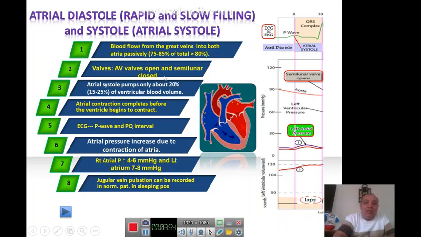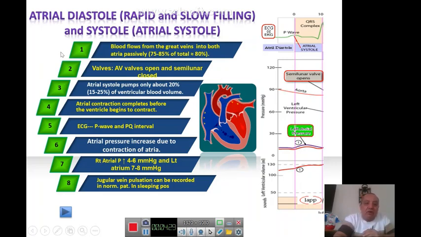So the amount of the blood here in the atrial diastole, which is a part of the cardiac diastole, is around 80%. So the amount of the blood which coming passively بدون أي طاقة، بدون أي شيء, just only moving due to gravity and due to changing in the pressure inside the heart. So this amount of the blood is equal to around 80% of the amount of the blood which actually is coming during the cardiac diastole.